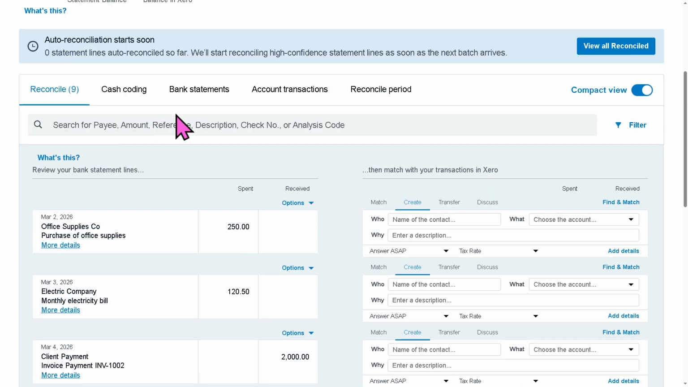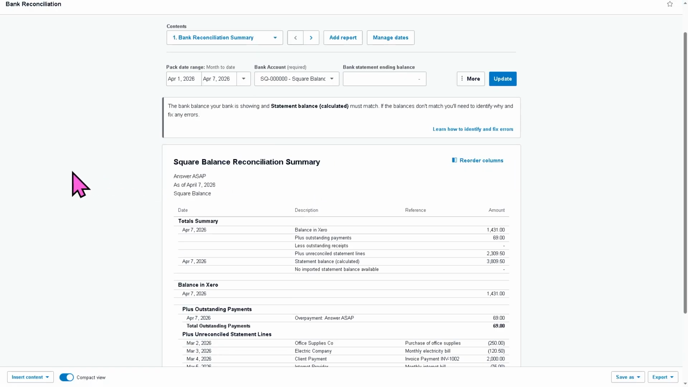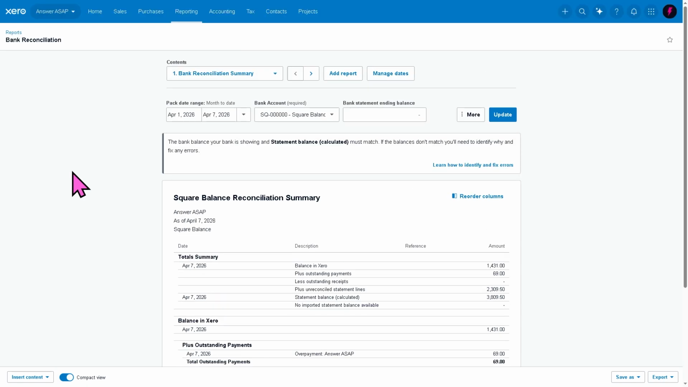As you can see, all the reconciled transactions will be forwarded here. This works perfectly for bank charges, monthly subscriptions, and repeating supplier payments, which is a huge time saver. And basically, that's it for today's video on how to record multiple transactions in Xero